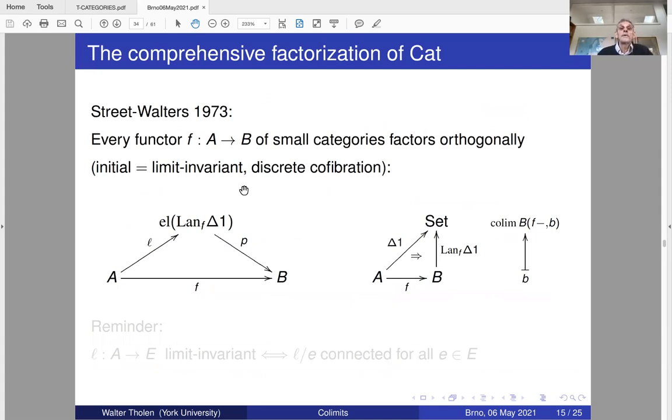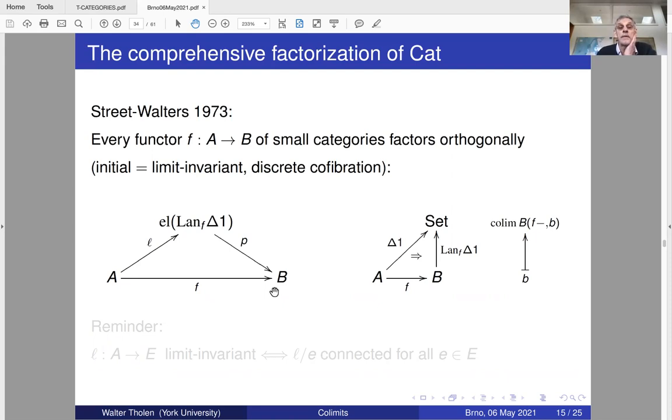All right, so now let us go to the comprehensive factorization of Cat. This is a well-known paper by Street and Walters from 1973. Of course, that set comprehension is part of an adjunction is Lawvere's idea. I don't know, it must be somewhere in the late 60s. I now don't remember the precise reference, but how does it go? So we have a functor from A to B,